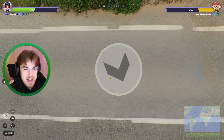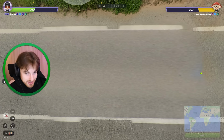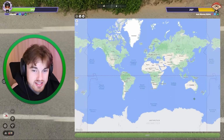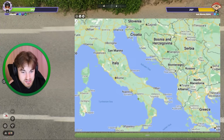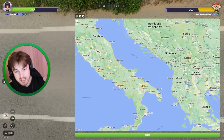Okay, so it's very sandy. Vegetation feels a little cold. The Google car's got the blue thing at the back, this thing here. If you see that, you're normally going to be in Europe, this little blue tab. And I think this is Italy, maybe Greece, something like that. I mean, the single white line in the middle would make me go more Italy here, so I might just try that, I think. There are truly a number of options here, but I want to go down towards Bari